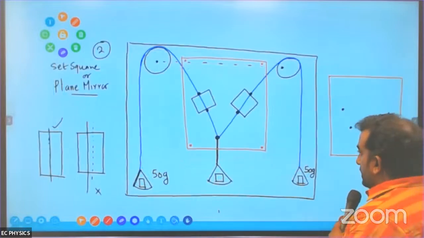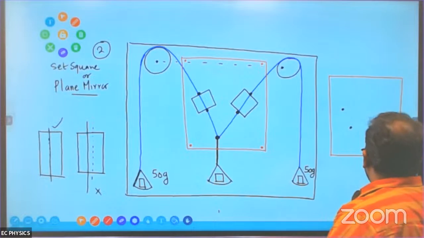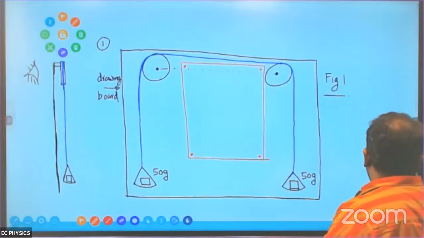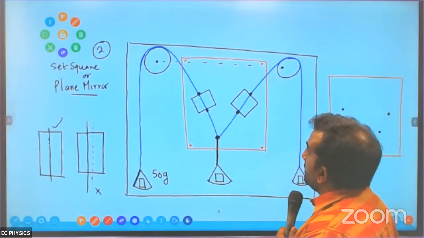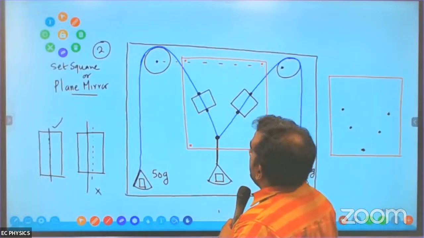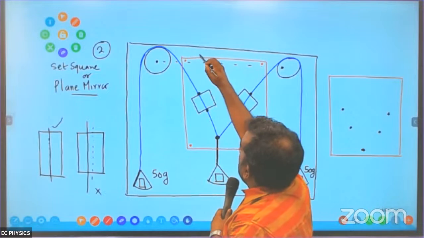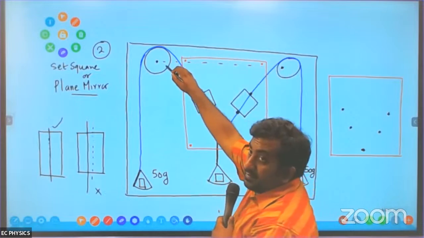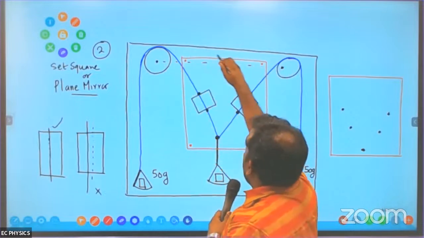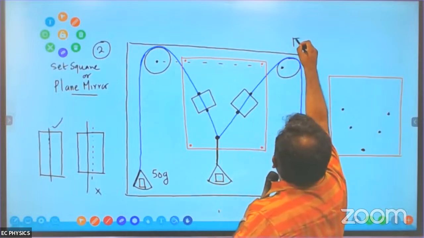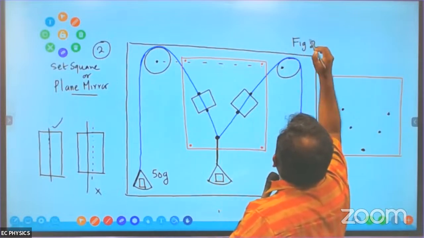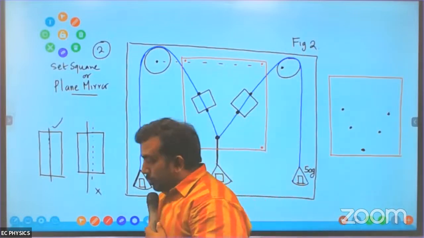Next point. Somewhere between the two pulleys,